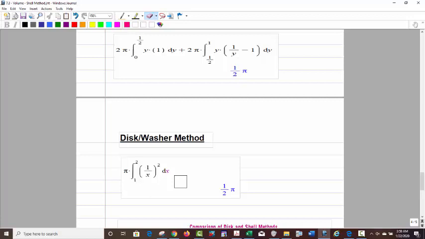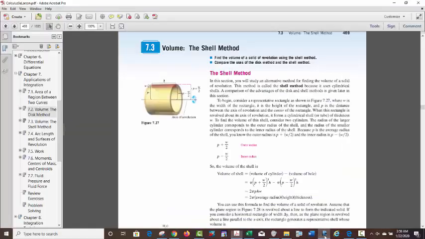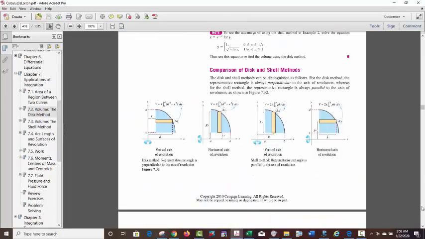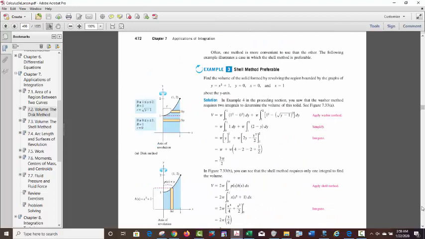Now this, let me show you something kind of interesting. There's an example in this particular book, and you can find this elsewhere, where it has that same kind of shape. Now this one, though, is revolving around the y-axis instead of the x-axis. So it's just the opposite problem. The disc and washer method would force you to have two regions added together, two pieces, but not the shell,